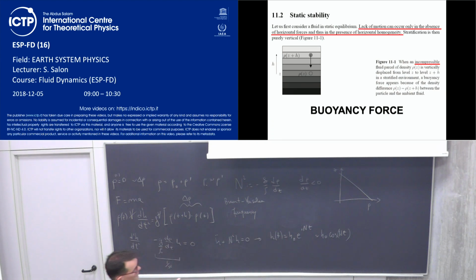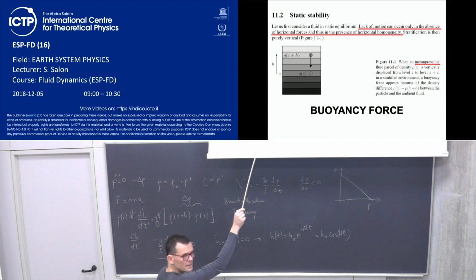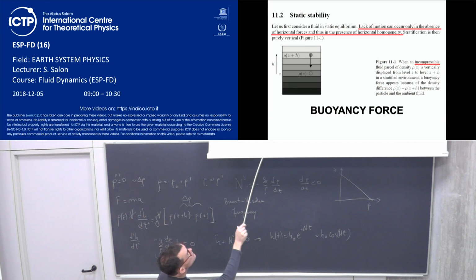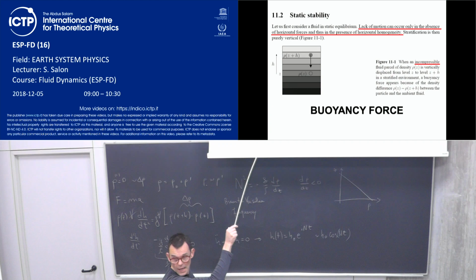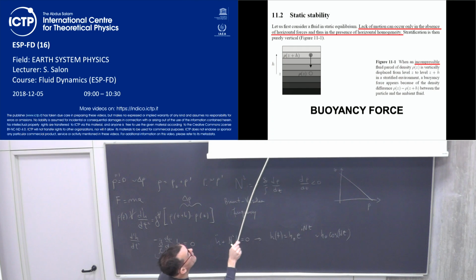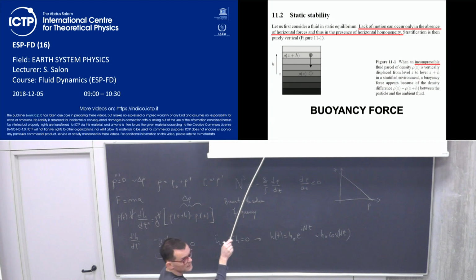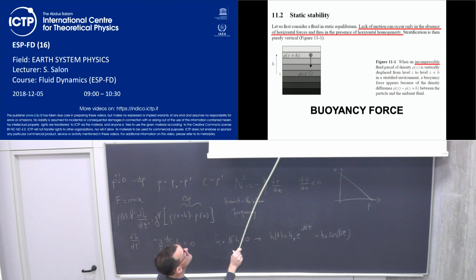But even with more analysis from the mathematical point of view, what we can understand is that I take this parcel, I put this parcel up, this parcel feels itself heavier than the surrounding, so it goes down. But when it goes down, it takes acceleration. So all the potential energy is transformed into kinetic energy. So it overshoots the equilibrium point and goes down as soon as all the energy is released. When it arrives here and the velocity becomes 0, it feels itself buoyant with respect to the surrounding, and so